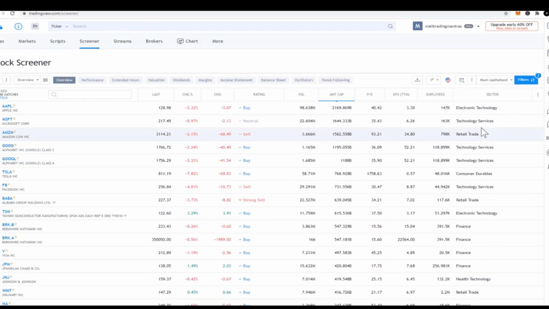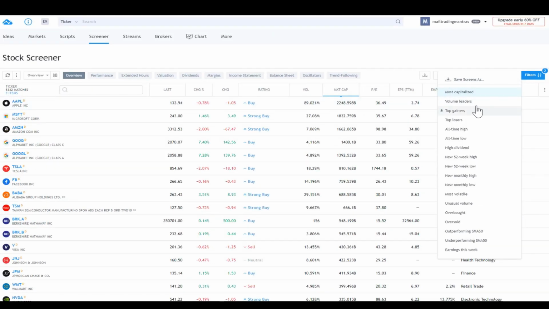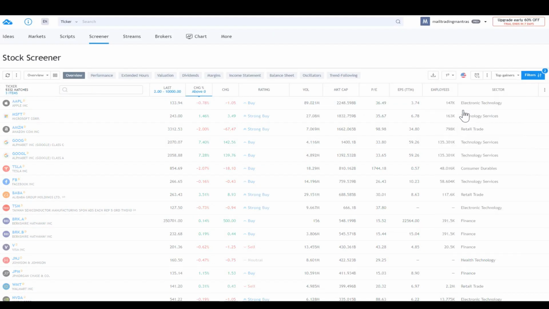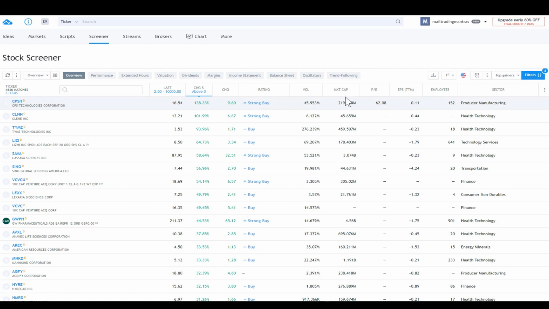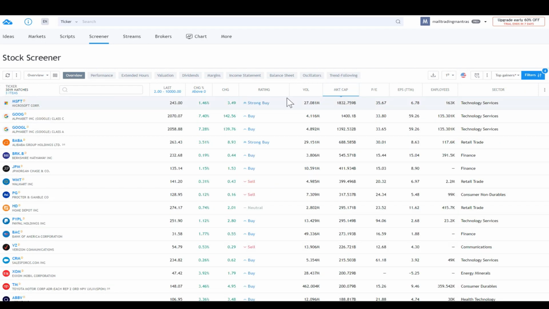You can pick up from many of the existing filters and then narrow down as per your choice. I mostly look every day at the top gainers and I sort it out with market cap, so I know how the top companies are performing. If you want to deep dive into it, I can put up another video on how to set screeners. But at least to start with, start using all these initial pre-existing filters that you see, top performers, top losers and all.